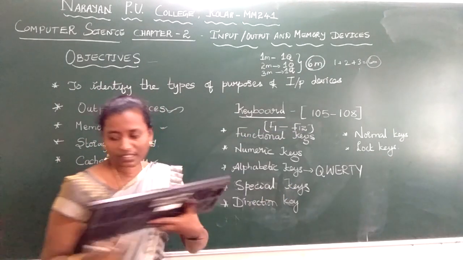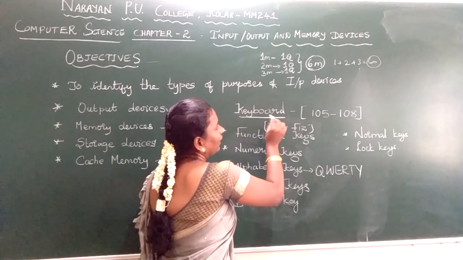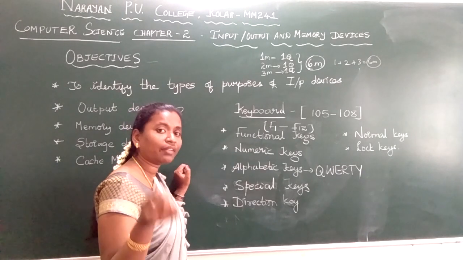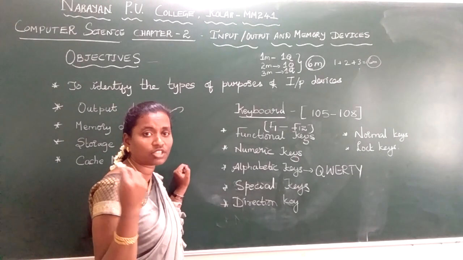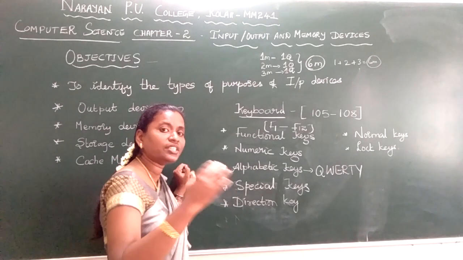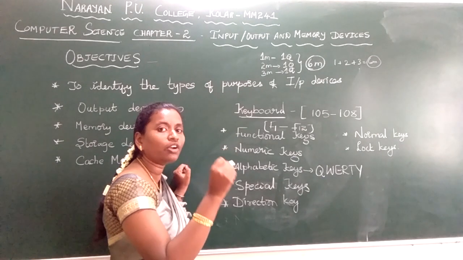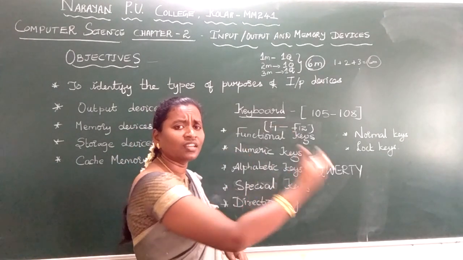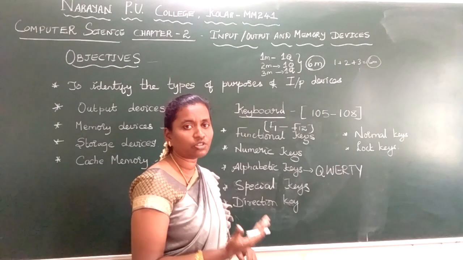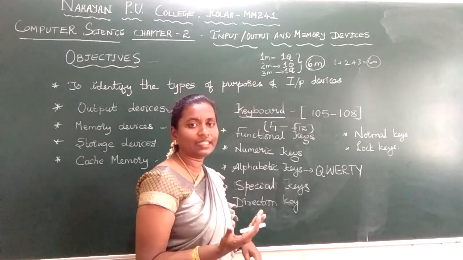I repeat again, you have seen the keyboard. Why do we use a keyboard? To feed data into the computer. The data we feed is in English, a human understandable language. The input device, your keyboard, converts the human understandable language into machine understandable language, that is nothing but zeros and ones, in the form of machine level language, through analog or digital signals.